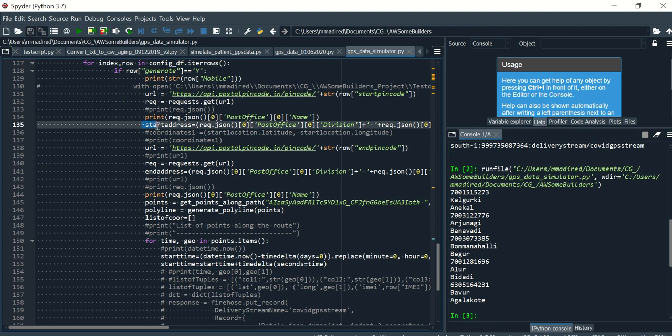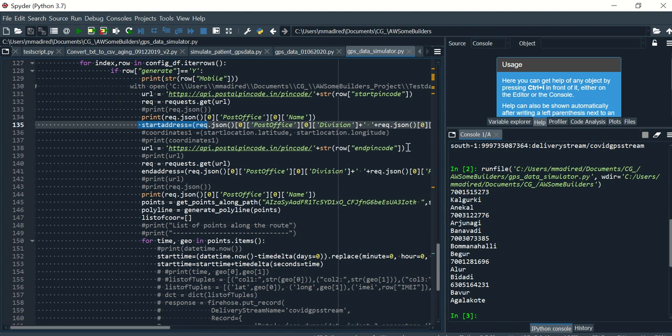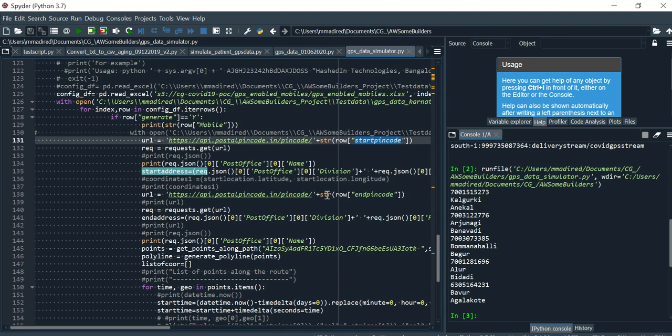This API will return the address of that location based on the pin code. Based on the configuration in this file, it will loop through all the patient mobile numbers, then generate the routes for a given start and end of the pin codes.